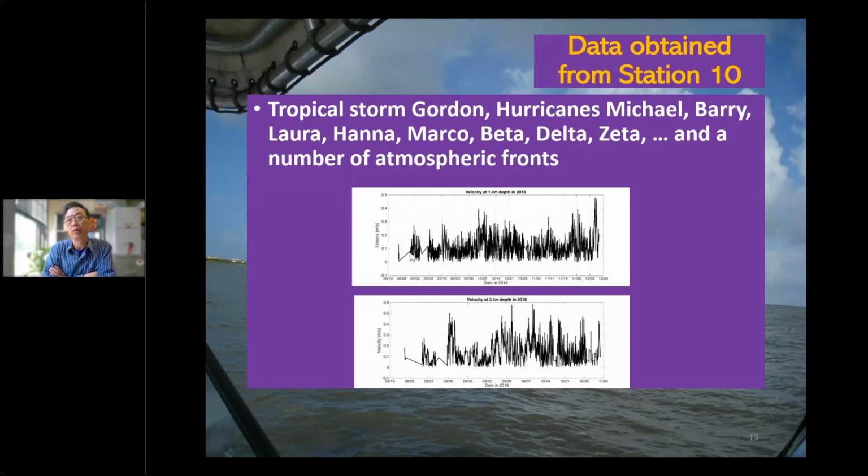It happened that 2020 was a year of very active tropical cyclone activity. We captured almost all of them until Zeta. So we covered mostly the 2019 and 2020 tropical cyclones, including Tropical Storm Gordon, Hurricanes Michael, Barry, Laura, Hanna, Marco, Beta, and Delta, until Zeta, when our cables were damaged and communication stopped, but it still collected data for some time before it went dead completely. We also captured dozens of